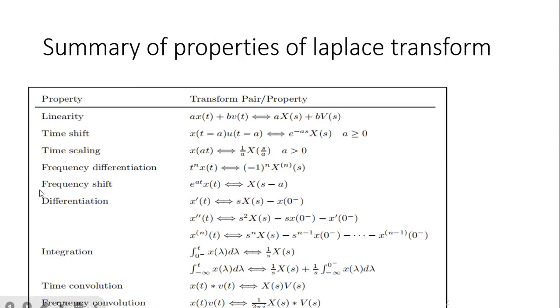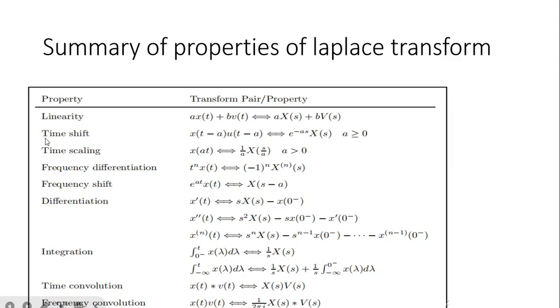So, summary of the properties of Laplace transform. This is the summary of the properties of Laplace transform. We have linearity. You can see that. We have the time shift. We have the time scaling. Remember what we said about time scale, a of t. You remember the time shift, where you have a function shifted in time, is going to give you the Laplace transform multiplied by an exponent